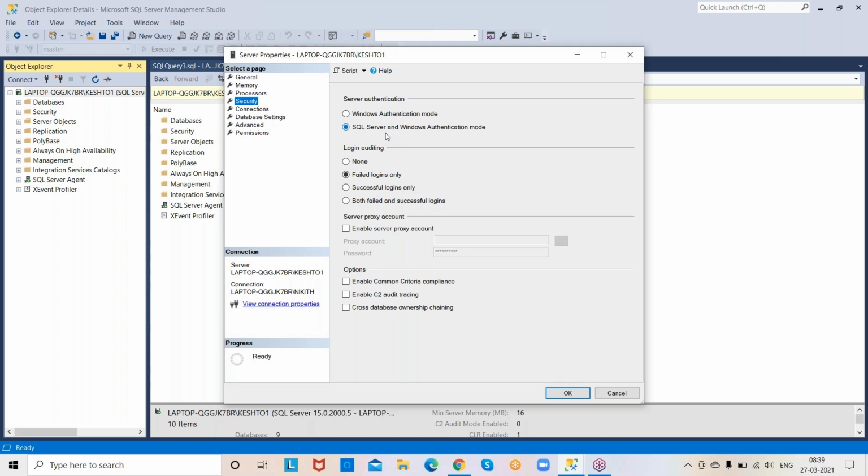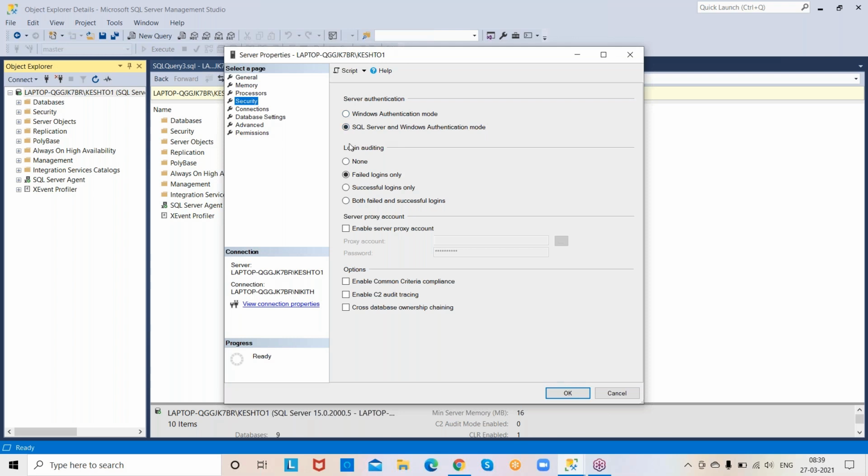That is the problem. Generally we have to work with Windows authentication logins and SQL Server authentication logins. It is mandatory for us. That's why we select mixed mode at the time of SQL installation. If you are not selecting mixed mode, you get only Windows authentication.